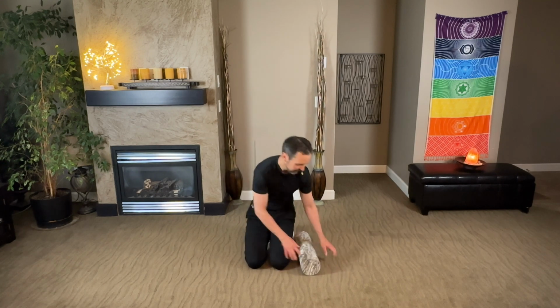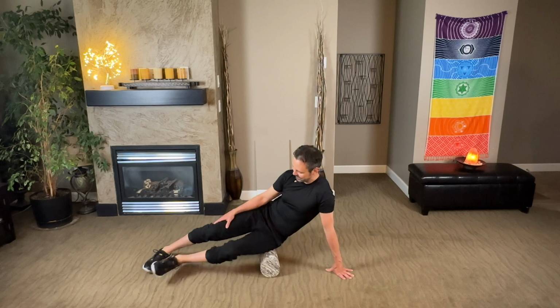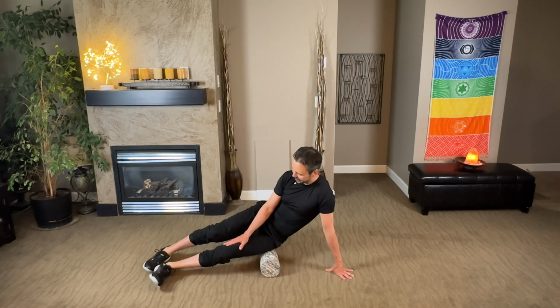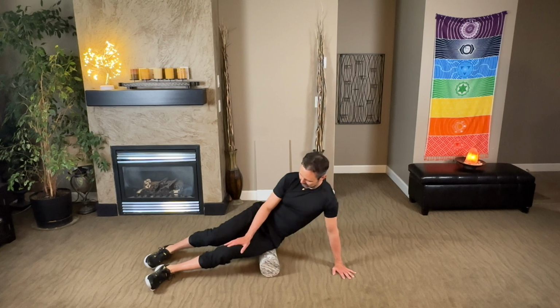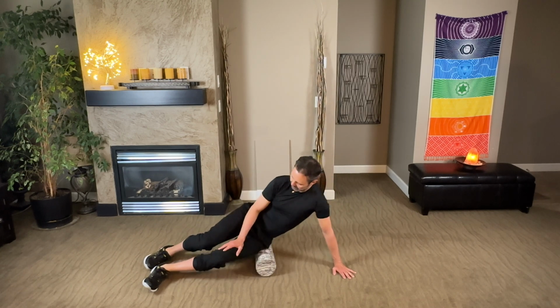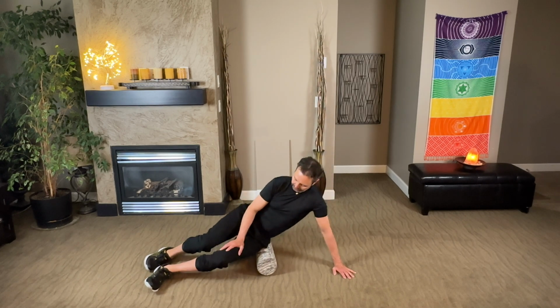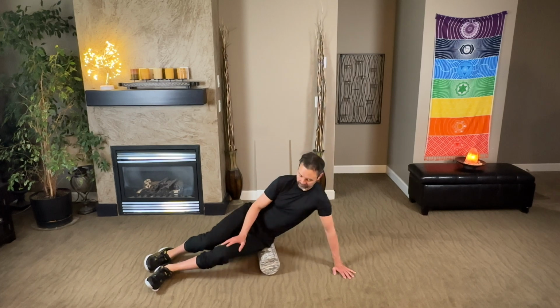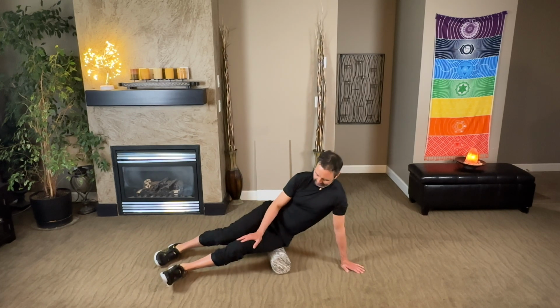And then I'm going to take this on to my side now. So I'm going to kind of work on the left hip first. Kind of keep that leg just in a nice position where the edges of my feet are in the ground. They're kind of anchored into the ground. Then I'm just bending my knee as I roll. And this one feels good to get into some of those